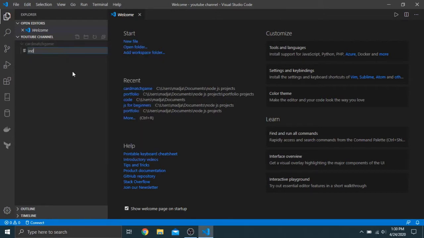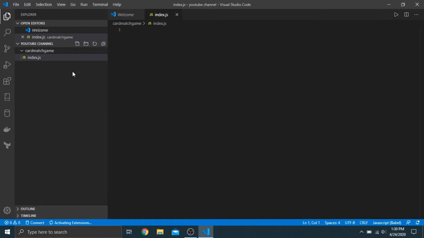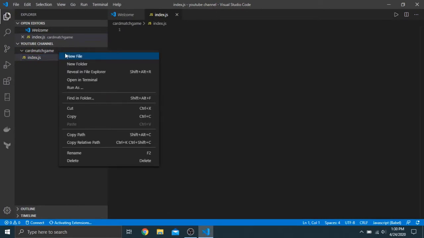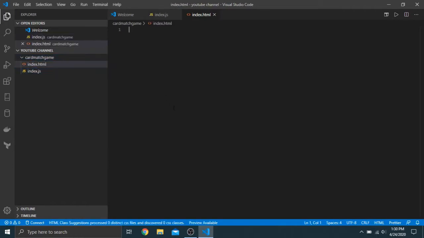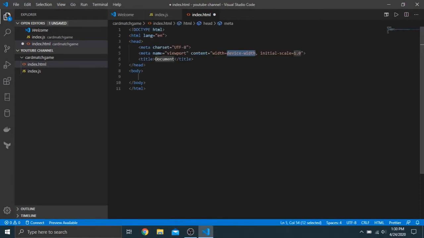So we'll just do index.js. Oh, not index. Well, we need an index.js too, so we'll leave that. But I wanted to do an index.html. That's what I wanted to do. All right. So now I want to do HTML:5. Now, if you have the Emmet extension, that'll basically give you some boilerplate HTML, so that you don't have to remember all this to type it out. I'm just going to call this match cards